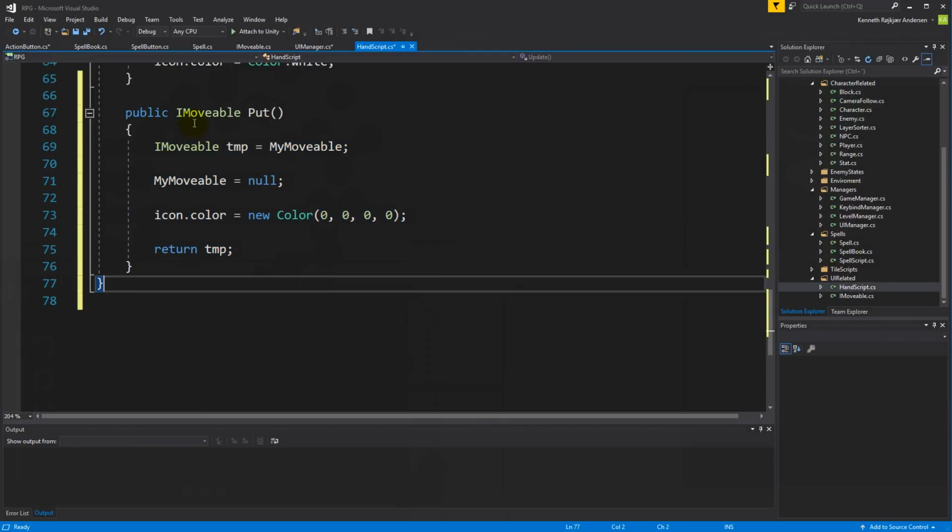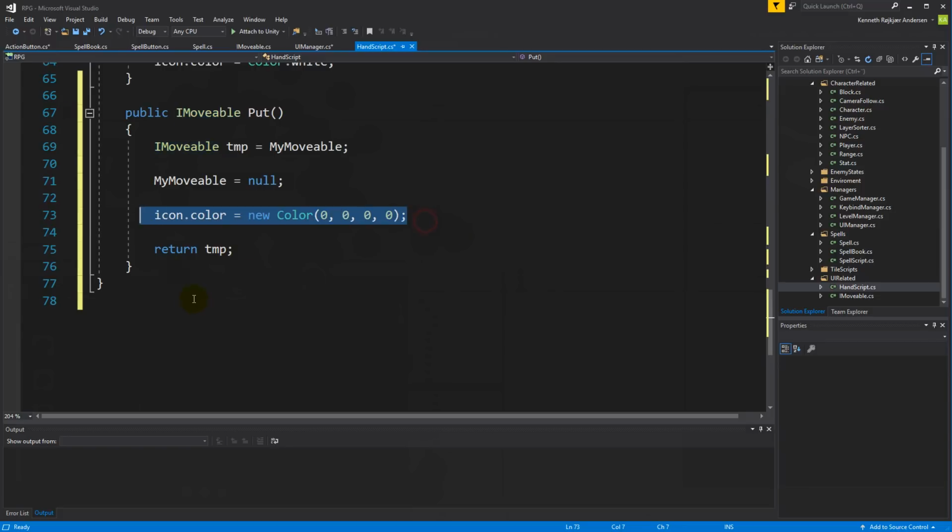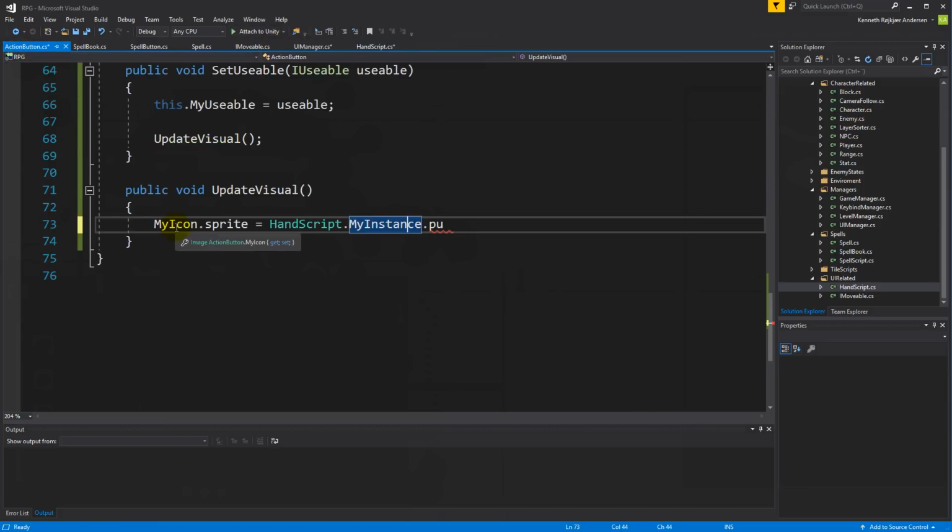This is what the put function is going to do. It returns the movable and removes it from the hand and hides it so we can't see it. So let's go back to the action button. The icon of the action button is equal to mine.put.icon. So the icon of whatever we are putting is going to be put into the sprite, and then we are